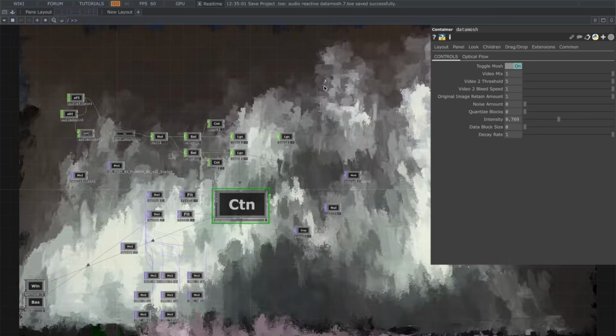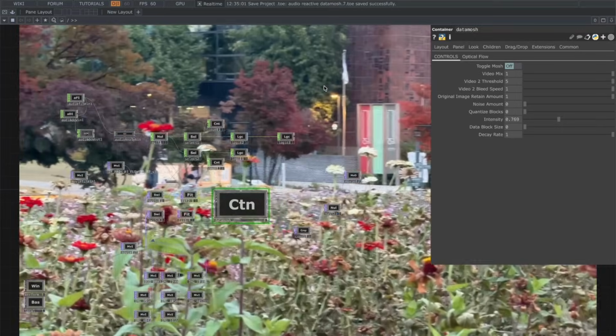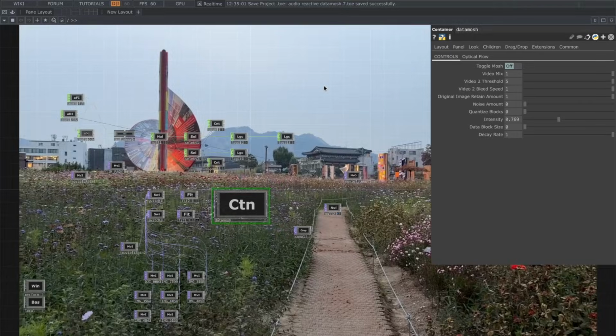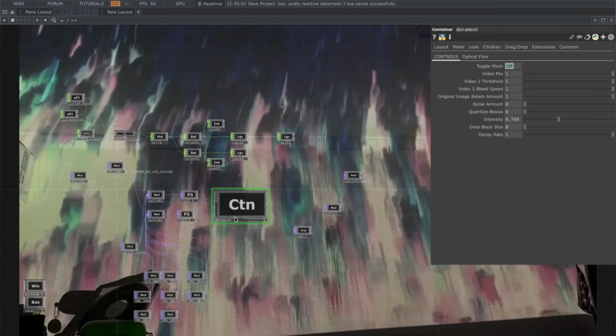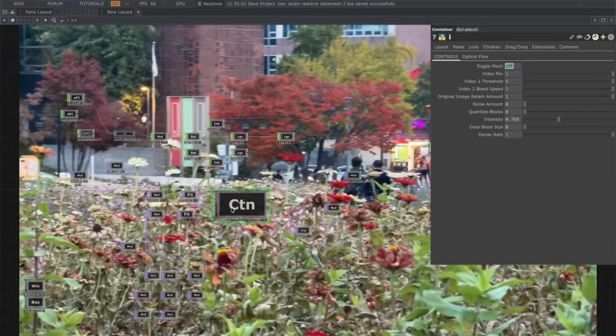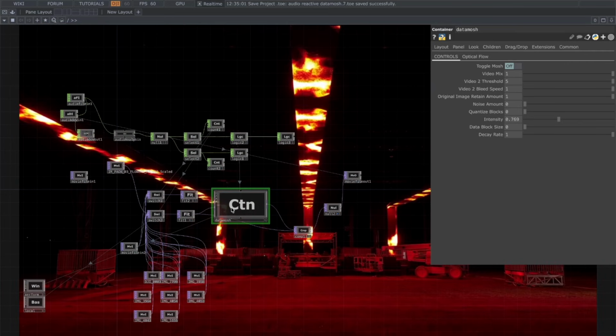Today we're going to be looking at creating an audio reactive data moshing effect inside of TouchDesigner. We're going to be utilizing my free data mosh plugin, like extension, which again is in the link to download